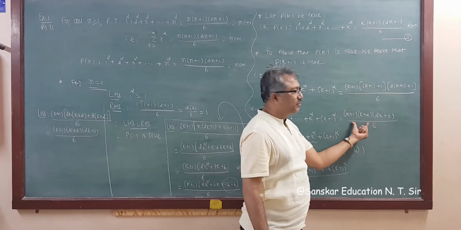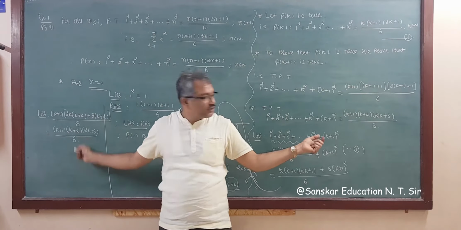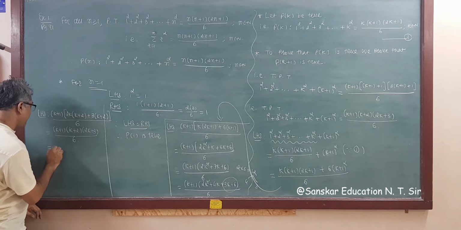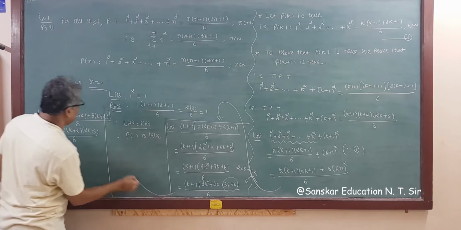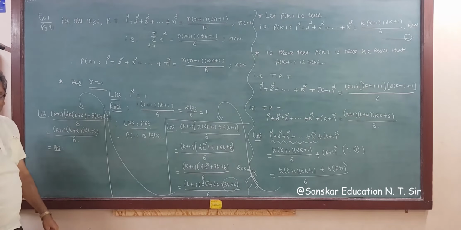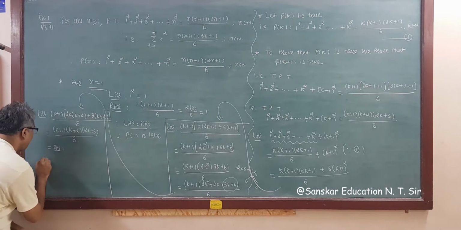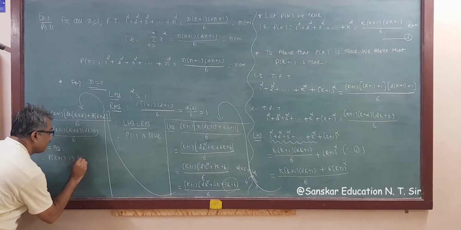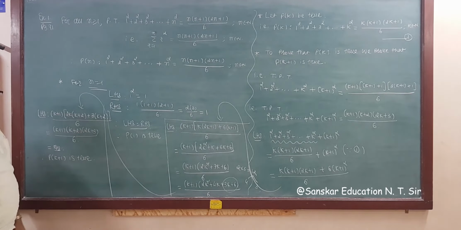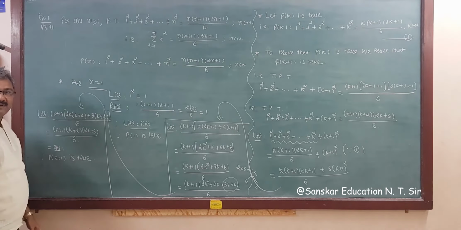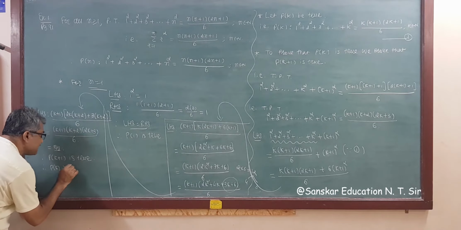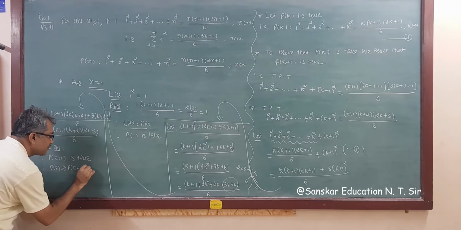And see what is this? This is what we want to prove. K plus 1, k plus 2, twice k plus 3 divided by 6. This is your right hand side. So from here you have to come here, right? That is, therefore P k plus 1 is true, right? So therefore Pk implies Pk plus 1 is true.